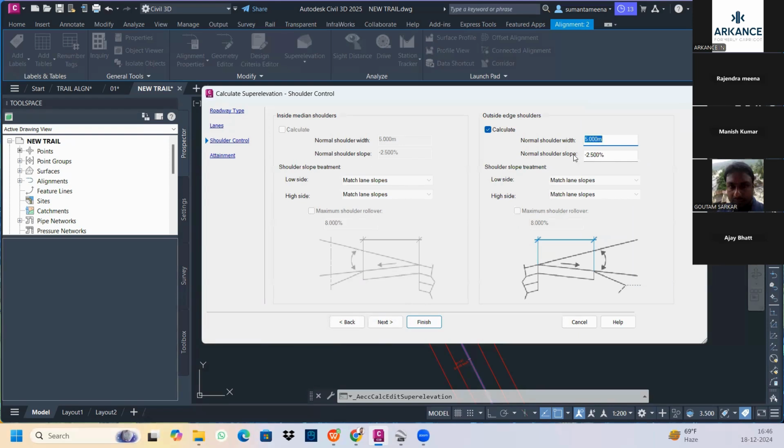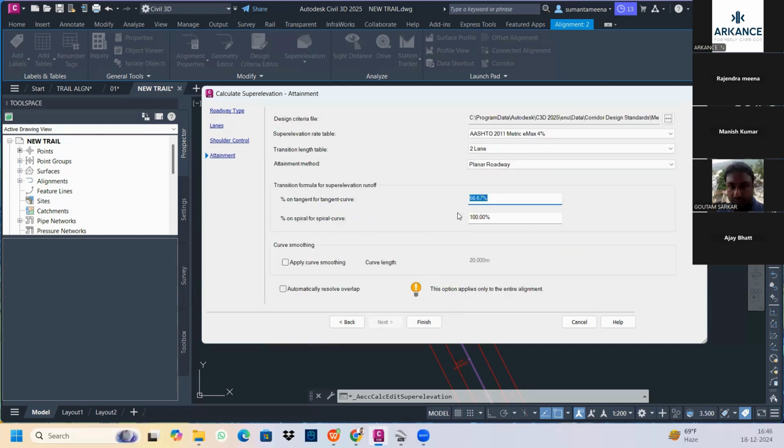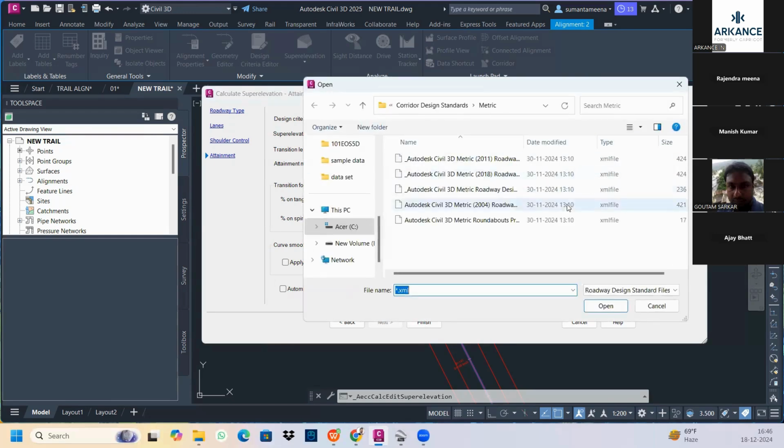ठीक है। आपको अगर शोल्डर पे कैलकुलेट करना है तो आप शोल्डर पे कर सकते हैं। अगर आपको नहीं करना, आपका पे शोल्डर नहीं है, ओनली अर्थन शोल्डर है, तो आप उसको नेग्लेक्ट कर सकते हैं। राइट। देन यहाँ पे अगेन, क्योंकि मेरे पास ओनली एस्तो है तो मैं वो